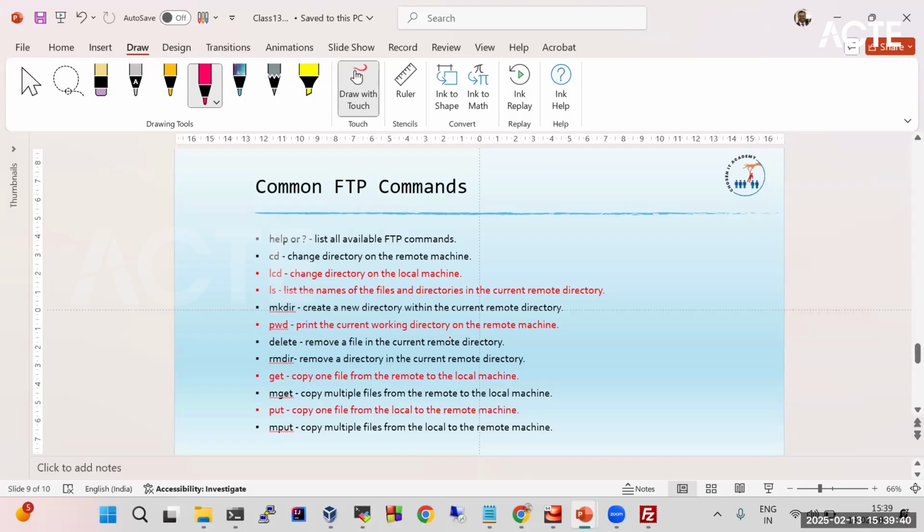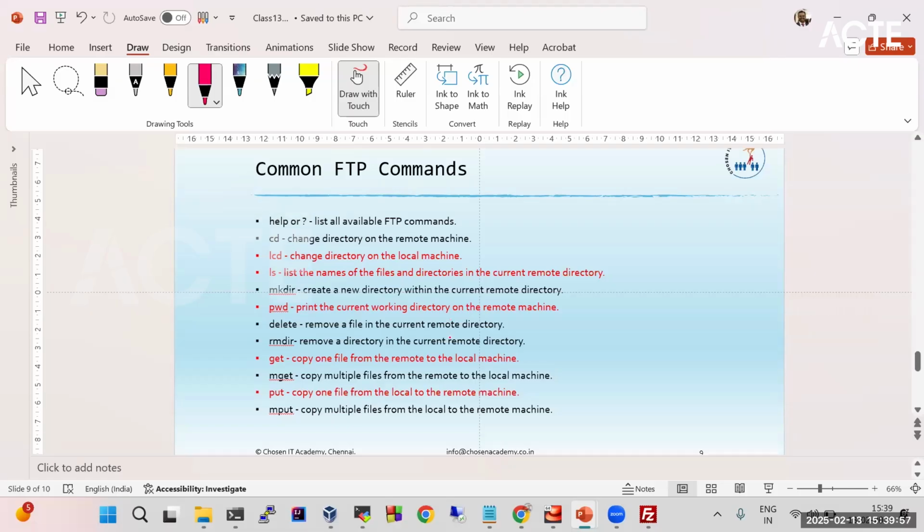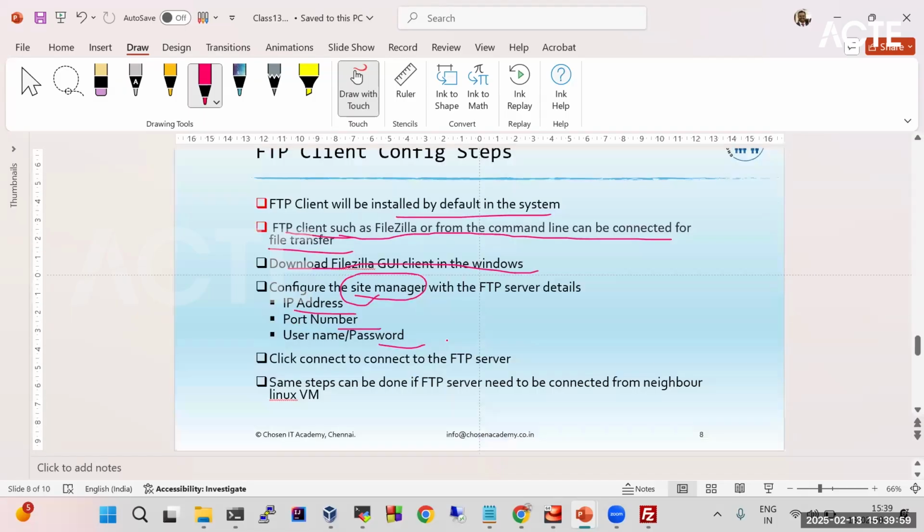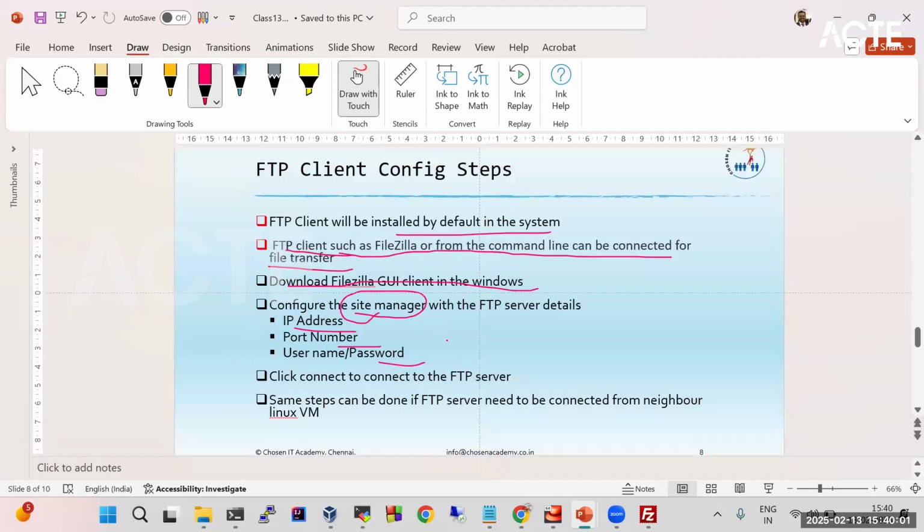Get is to copy one file from the remote to the local machine. Mget does the same thing with multiple files. Put is the reverse of that, and mput does it with multiple files. So these are the commands for FTP, and yeah, it's very straightforward. FTP thing we can